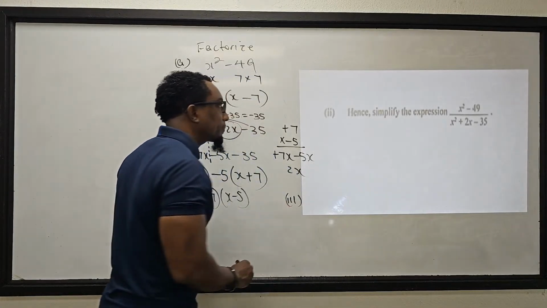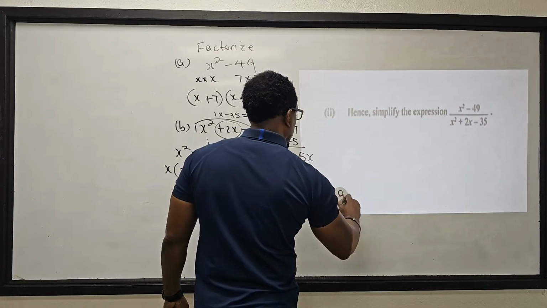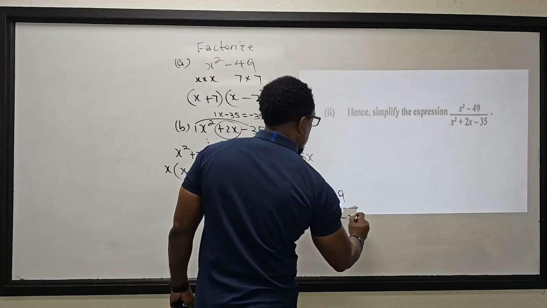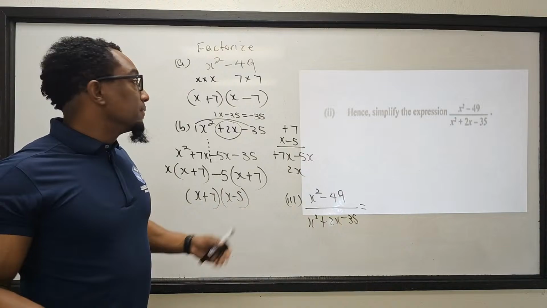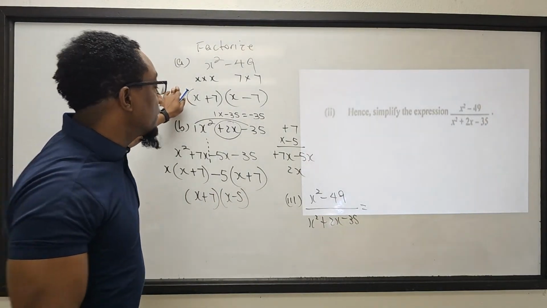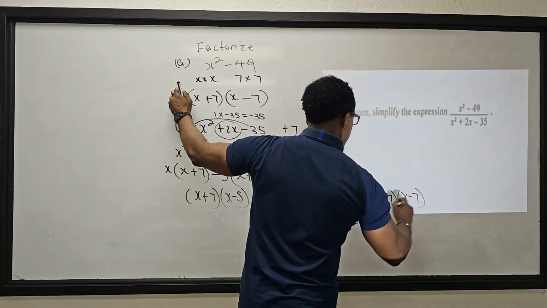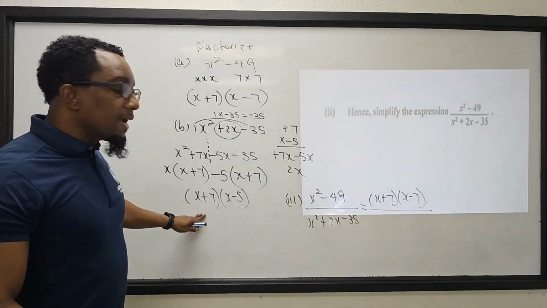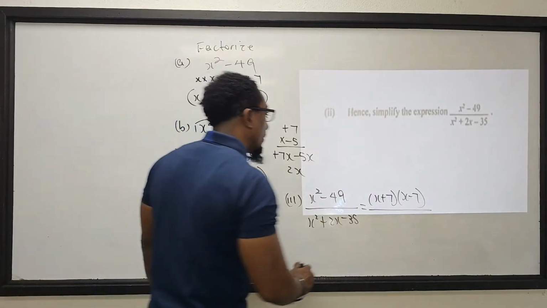Part C. You want me to simplify x squared minus 49 all over x squared plus 2x minus 35. So how am I going to simplify that? All the work I would have done already. I did it in part A. So I'm going to replace x squared minus 49 with x plus 7, x minus 7 over, I factorize what's in the denominator, which I'll write as x plus 7